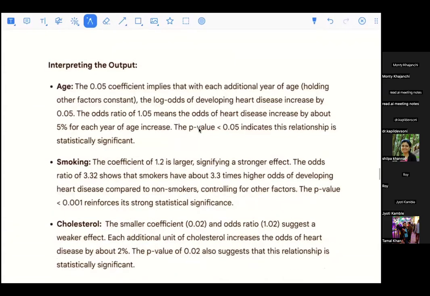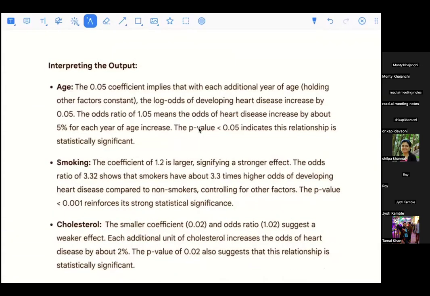Then interpreting the odds ratio, suppose a 0.05 coefficient implies... what does it implicate? The implication is there are two ways. You can just convert this to e raised to beta, e raised to 0.05, and interpret it as an odds ratio, or you can interpret it as the log odds of developing heart disease increasing by 0.05. The same thing: 0.05 converted into e raised to 0.05 is an odds ratio of 1.05, which means the odds of heart disease increase by